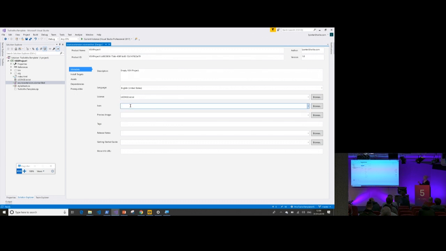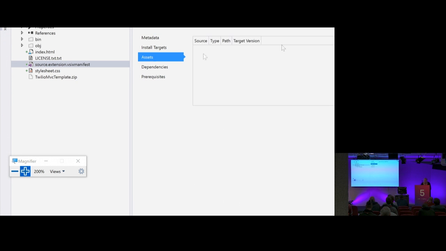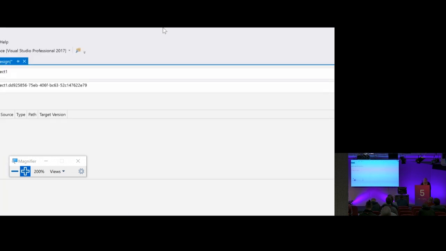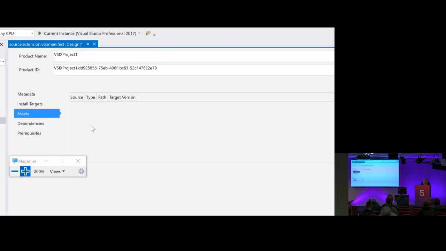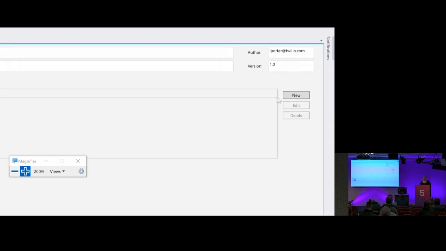I don't need to add a preview image in here because I've already got it in the template. So you can just carry that over. So you don't need to fill out everything in here. But the most important bit of this is this assets tab here. So we need to let the v6 know that the template we want to use is that zip file we created. So if I come over this side and go new,